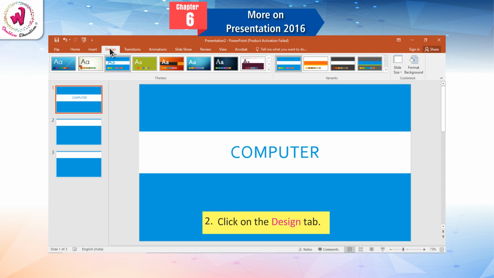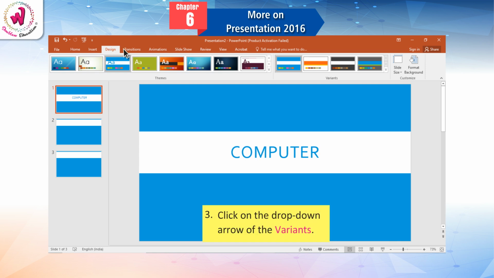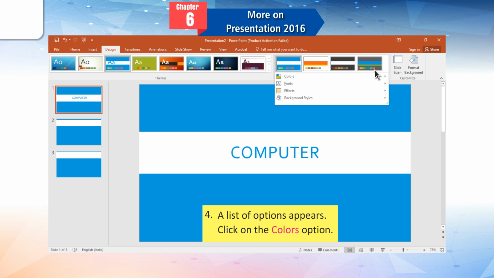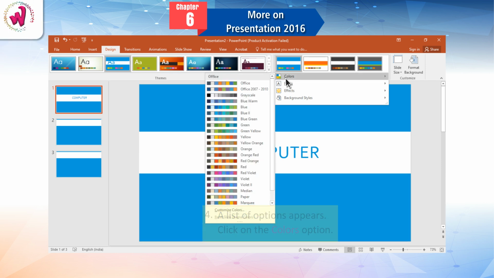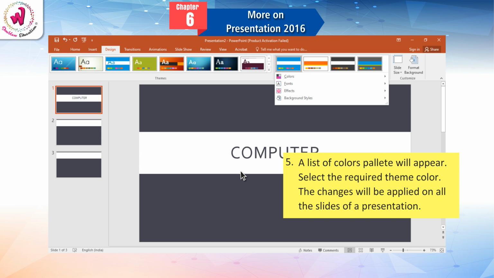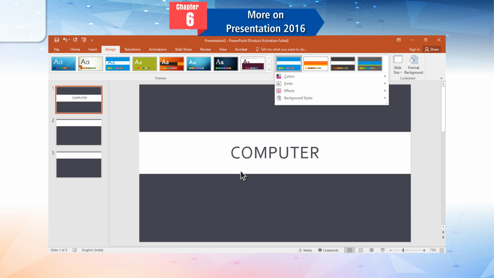Click on the Design tab. 3. Click on the drop-down arrow of the variants. 4. A list of options appears. Click on the Colors option. 5. A list of color palettes will appear. Select the required theme color. The changes will be applied on all the slides of a presentation.